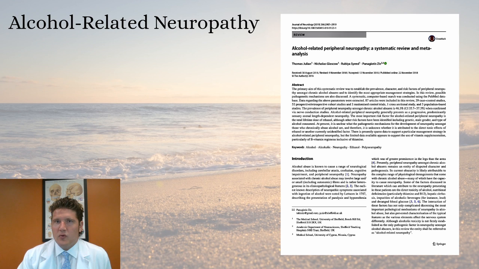So, if you know someone with alcoholic peripheral neuropathy, or if you think that you have alcoholic peripheral neuropathy, one of the best things you can do is be honest with your doctor about how much you're drinking. So often in my experience, and it's all throughout the neurology textbooks, that if a doctor suspects an alcoholic peripheral neuropathy, they start inquiring, how much are you drinking, how often are you drinking, and in my experience, lots of times people are not completely forthcoming about that. So the more you can be honest, just shoot straight with your doctor saying, hey, if you are over drinking, let them know what type of alcohol you're drinking, and that way they can come up with a strategy to help you,